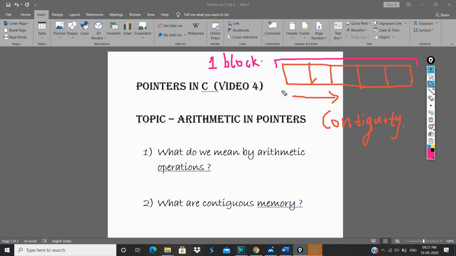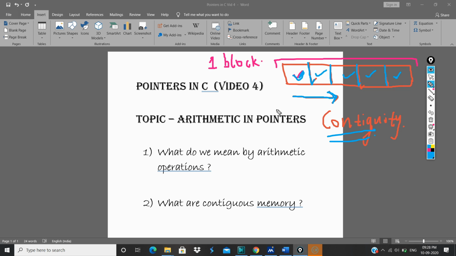These things here are part of this one block, but they are connected with each other. You can think of this as a solid line. They are connected with each other, and we call this connectivity contiguity. They are contiguous.